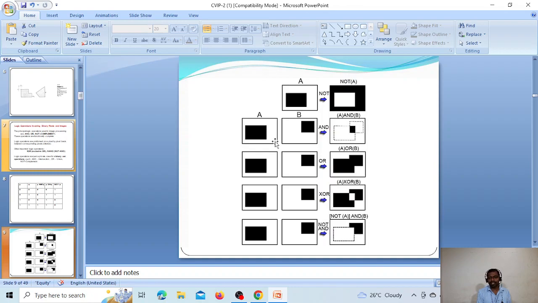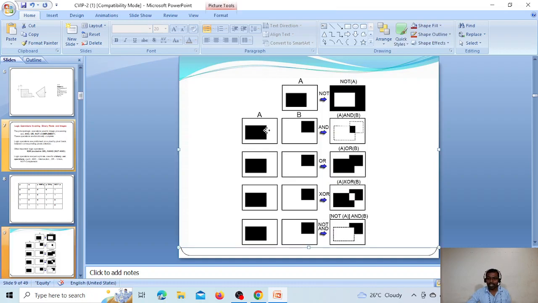So we can see the particular images here. In these images we can take A and B. Suppose we calculate A AND B. This is an A element, this is a B element. A AND B is simply the intersection of the two images. Then OR is the total of A and B. Then exclusive OR: this white part, and the remaining all black, only the corner parts and not the intersection part is called exclusive OR.